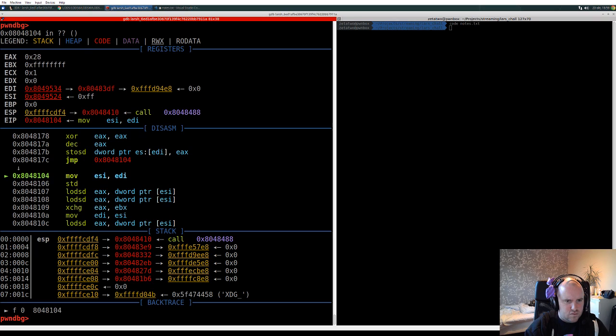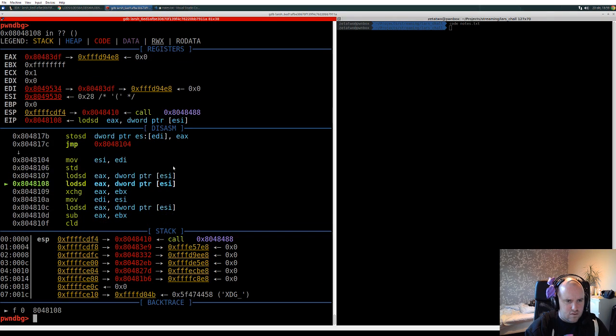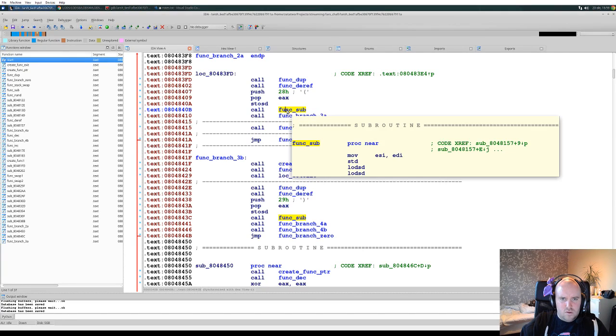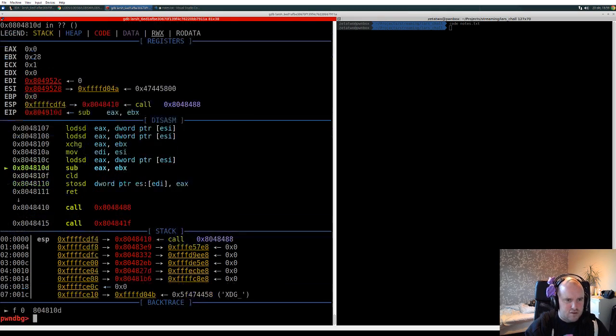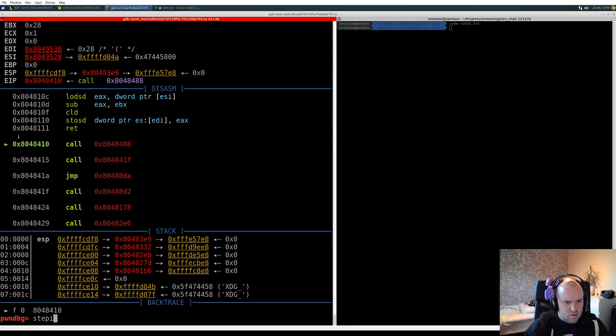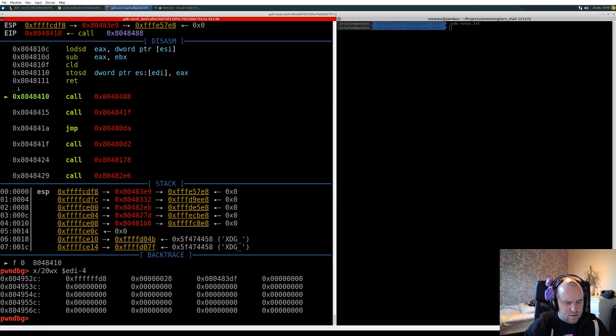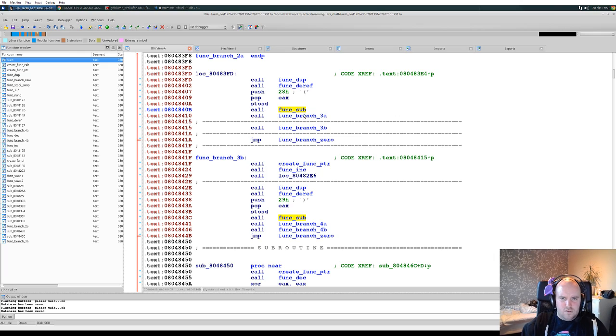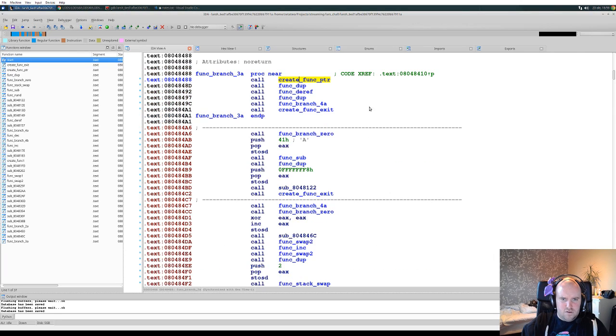So then, what are we doing? Yeah, we're doing the subtraction, and yeah, that's a negative number because we had a 0 there. So this will branch into this part,